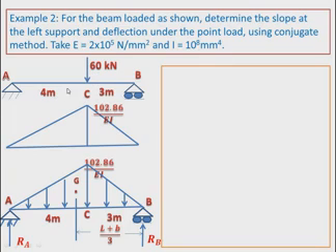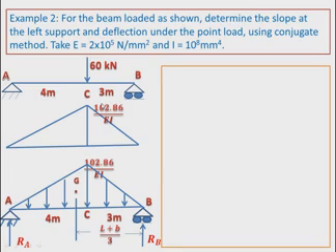This 60 kN load is acting at 4 meters from A and 3 meters from B. If you draw the bending moment diagram, you know that the maximum moment is WAB by L, that is 60 into 4 into 3 divided by 7. If you do that, you get 102.86. As it is the M by EI diagram, you have to divide by EI. Now this M by EI diagram will become the loading diagram for the conjugate beam.